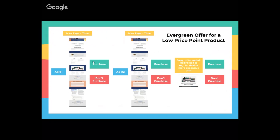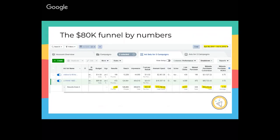At these 2 points, they can buy it with the deal. And after the 48 hours, it's just our regular price. Okay, so this is how this $80,000 funnel looks. Now I'm going to show you some of the numbers behind it. So for those of you who don't know, this is